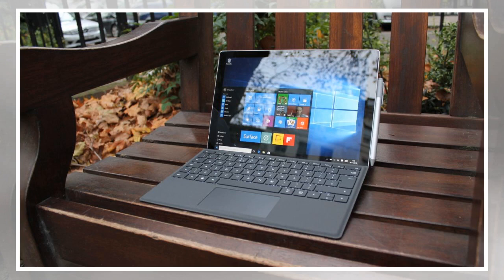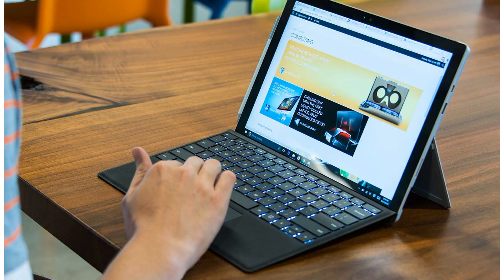2736 by 1824, making it 216 pixels per inch, ppi, as opposed to the 128 pixels per inch display of the 13-inch MacBook Air. Buy Microsoft Surface Pro 4 Intel Core i5 4GB RAM at Amazon for